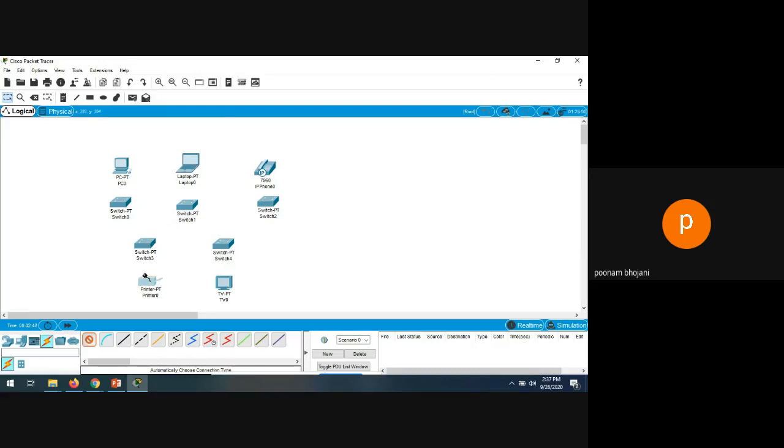Now let me do the connection first with this printer and switch.